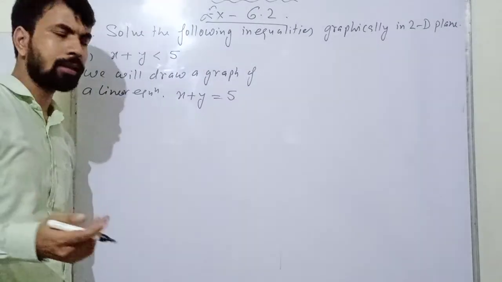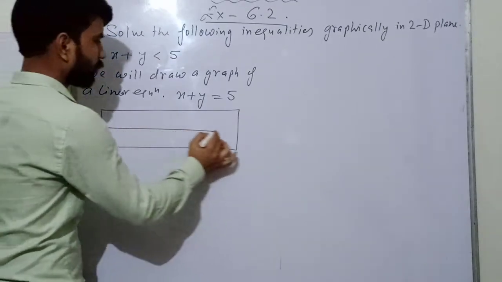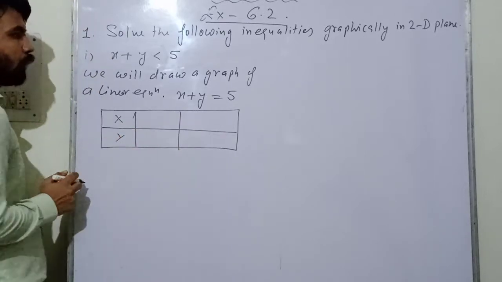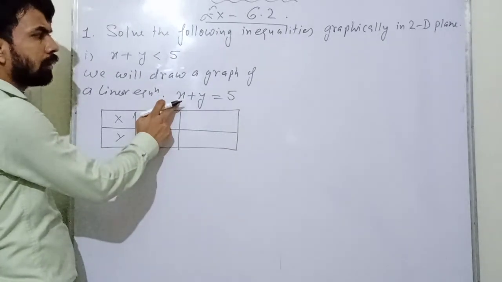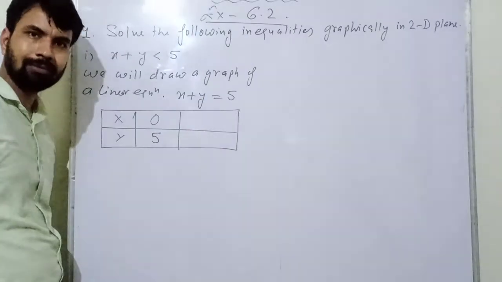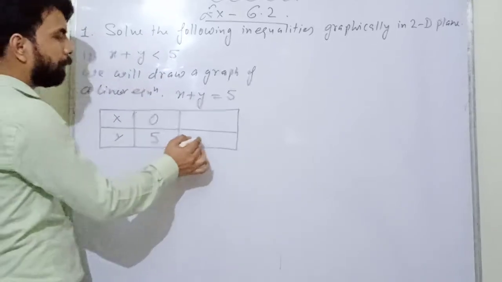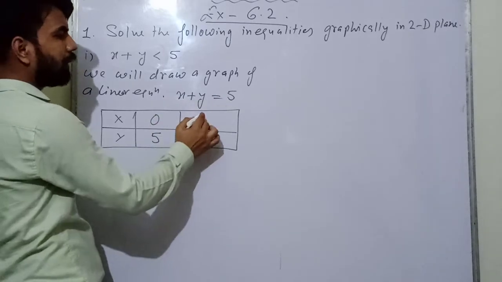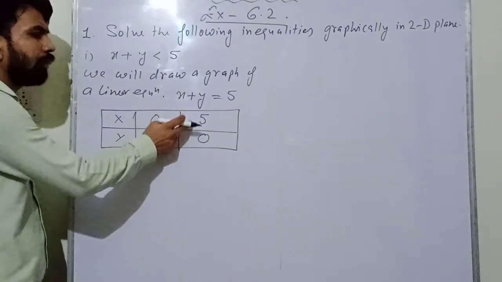Now how can we plot the graph? So we need some points now. So I will find some points. This is x and this is y. So if I am taking x as 0, if I put x 0 here, then 0 plus y equals to 5, then the value of y will be 5. Simple. Same as the 9th and 10th class. Now if I am taking y 0, if I put y 0 here, then x plus 0 equal to 5, then the value of x is 5. So the required points are 0, 5 and 5, 0.